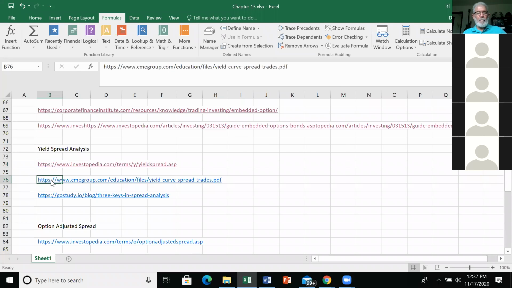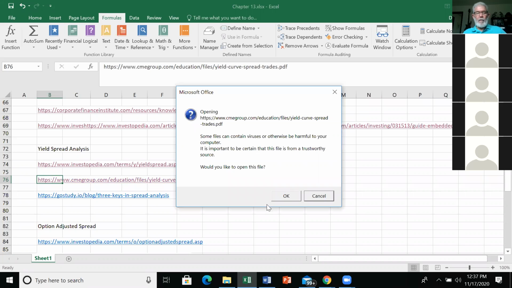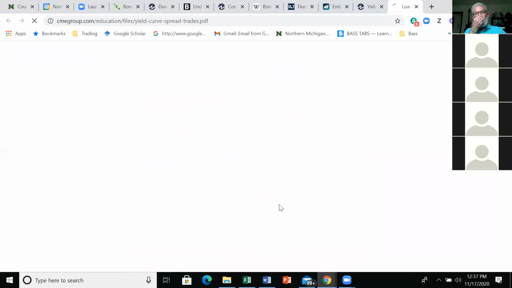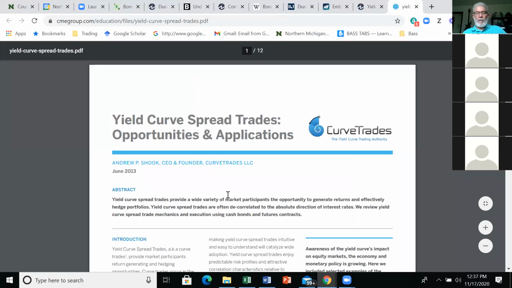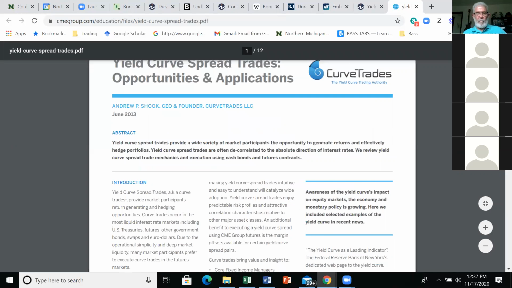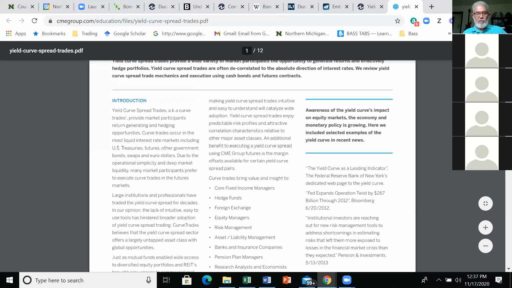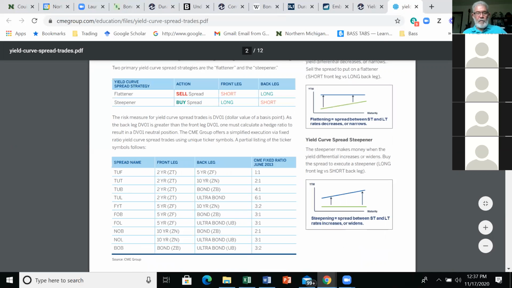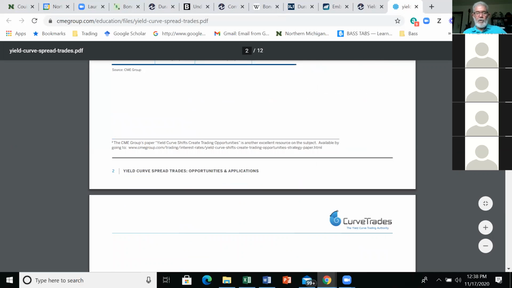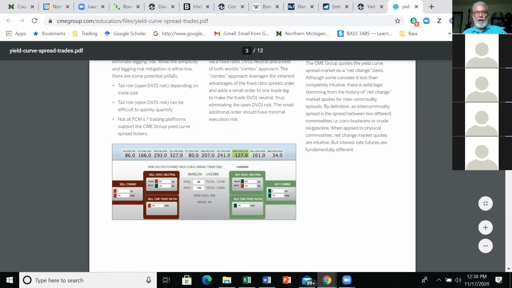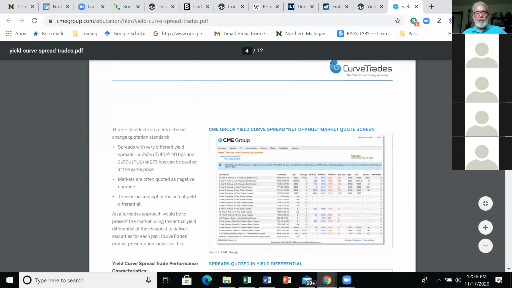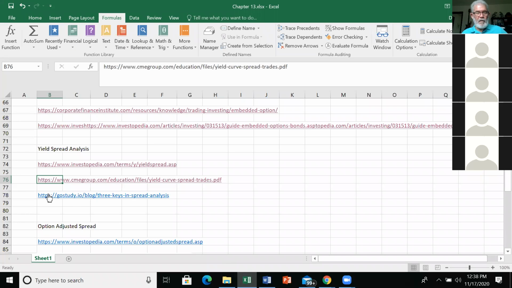CME Group. This will be a pretty professional explanation. Here's the yield curve spreads, flattener and steeper, for those of you who want to investigate how they do this. Chicago Mercantile Exchange. A lot of interesting stuff going on there. I threw that up there just to expose you to them. And then here's